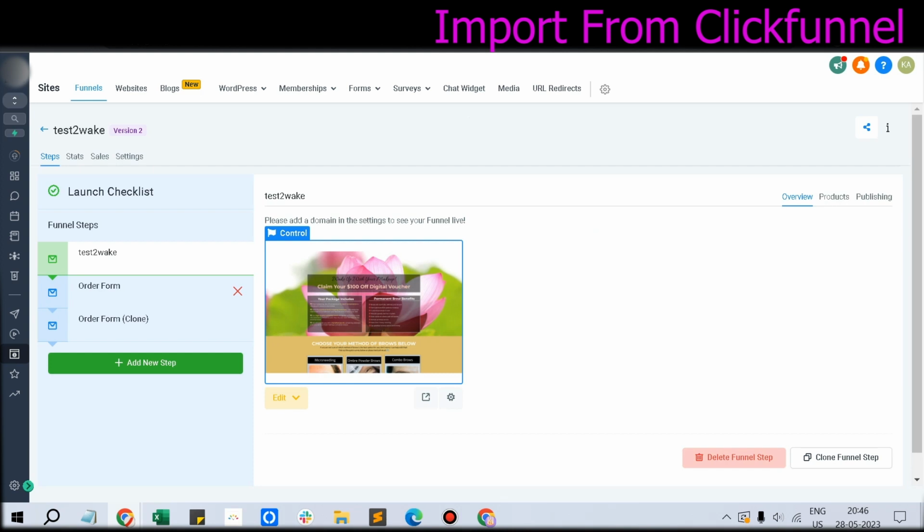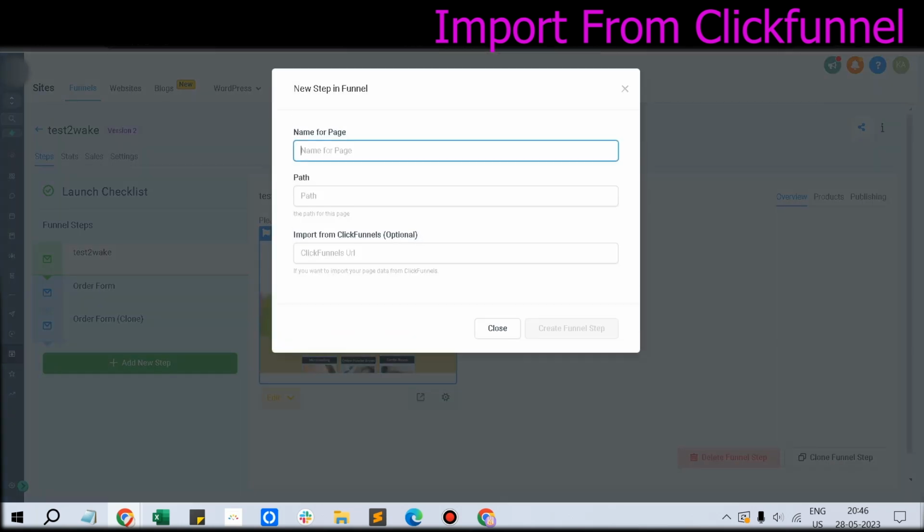That's a very secret thing available. I will show, if you have created an awesome funnel or an awesome funnel step in ClickFunnels, it would be very laborious and time consuming to imitate the same. Go Highlevel offers an interesting feature called add new step, and from there, let's call it offer page, you can directly import the ClickFunnels step